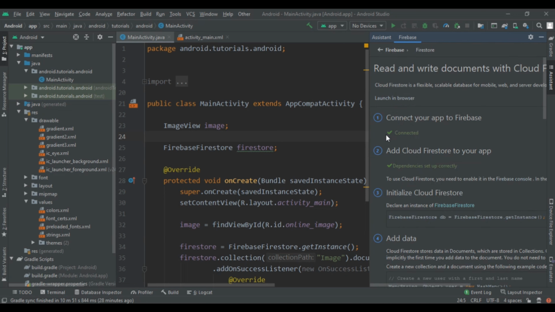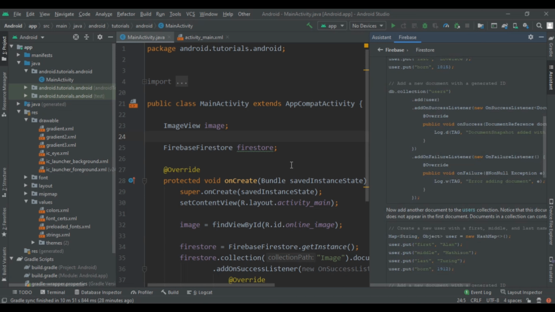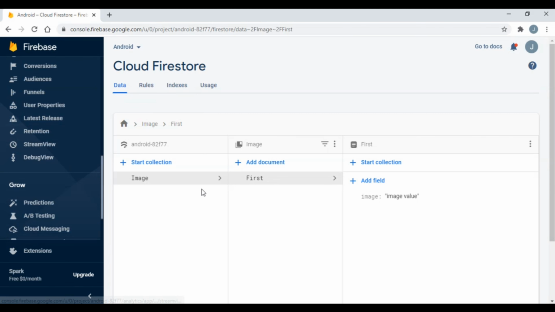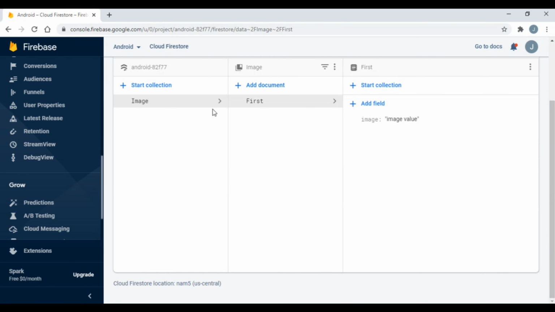In that we have explained connecting the application to Firebase, and then we have to add these dependencies. After adding the dependencies, we have to create a new database, and in that start a collection, give the first document name, enter your field and give your image URL here.